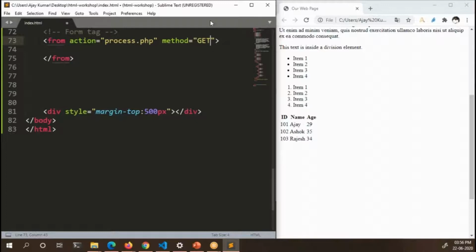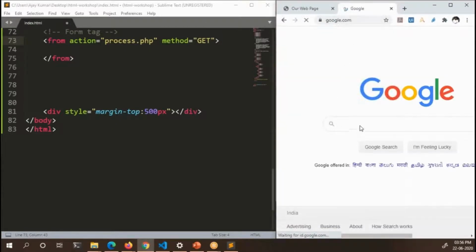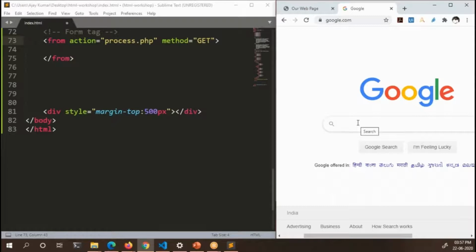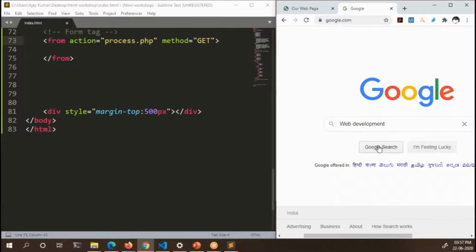Let us see an example. If you go to Google, google.com, let us consider this text box as part of a form. For example, if I'm typing web development, when I hit enter or click search, the data will be sent to the Google server.